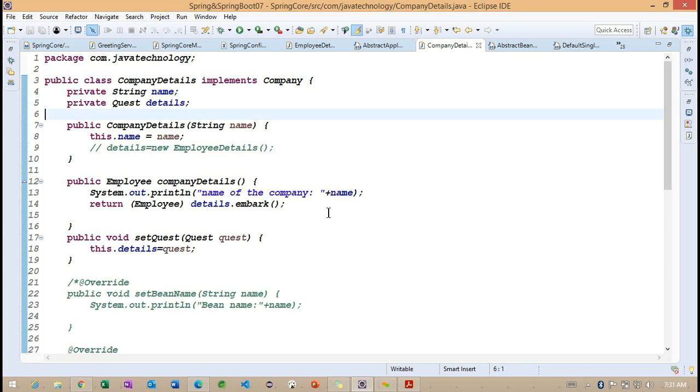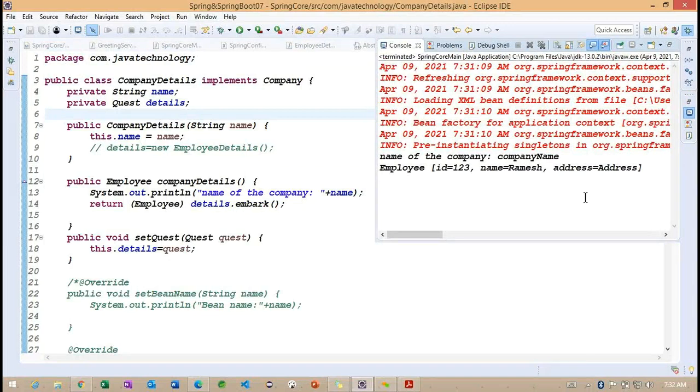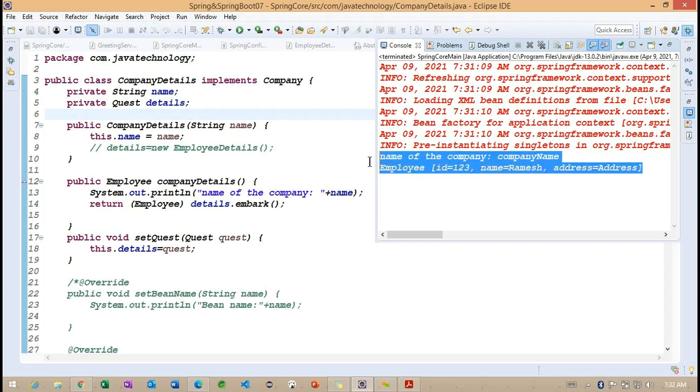Whenever we implement these, one more bean is trying to be created. Because of this one more bean creation, we are getting the circular dependency exception here. So that is what I identified, and when we remove this particular information, we are able to create this application and run it.